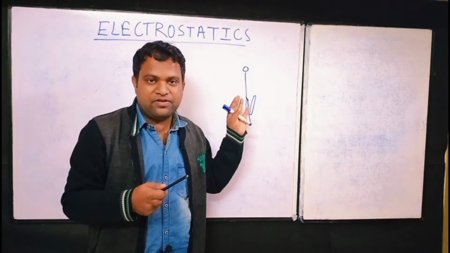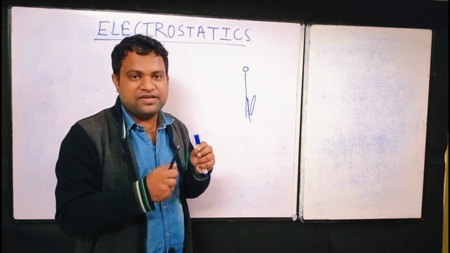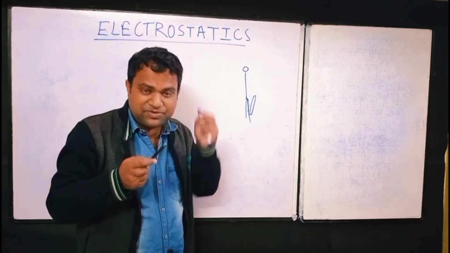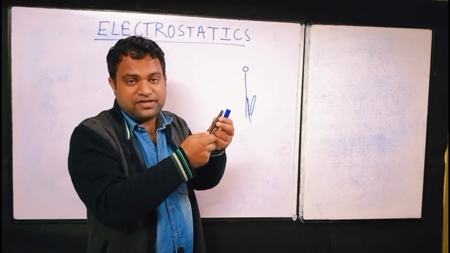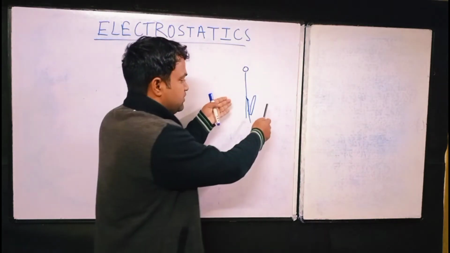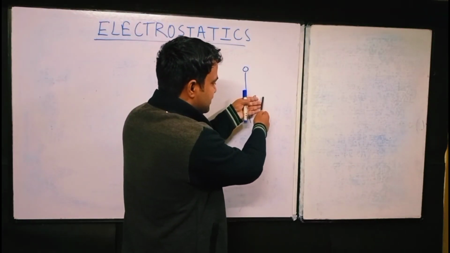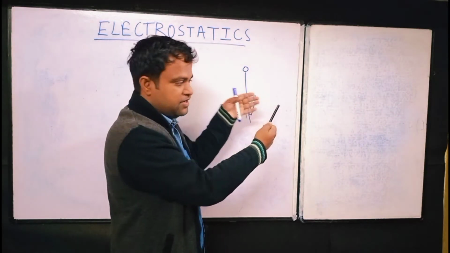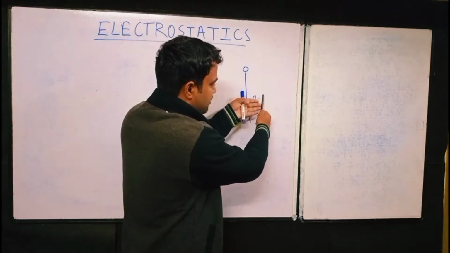A dipole, if it is kept in an electric field, so as when we rub a plastic with hair, generally it will become negative. So if a field is created towards it, because the conventional field is towards the object,